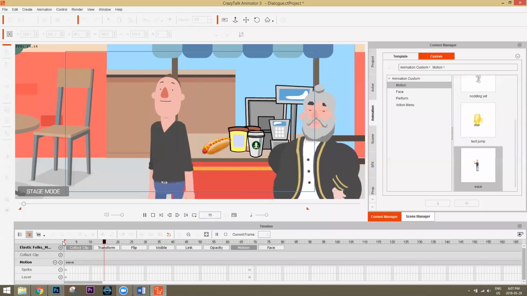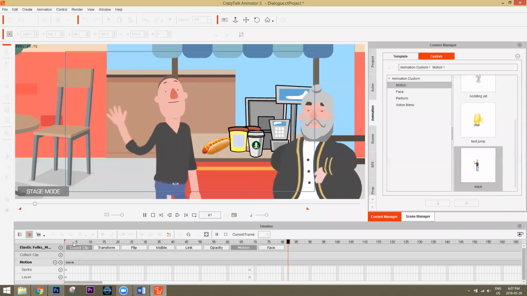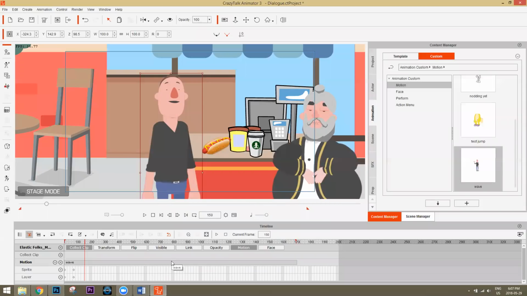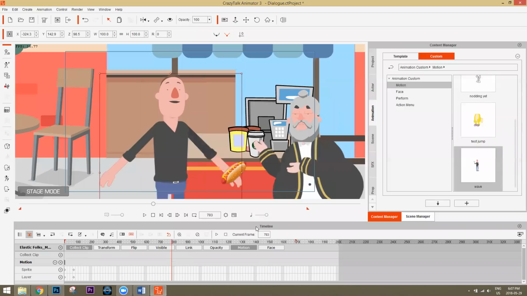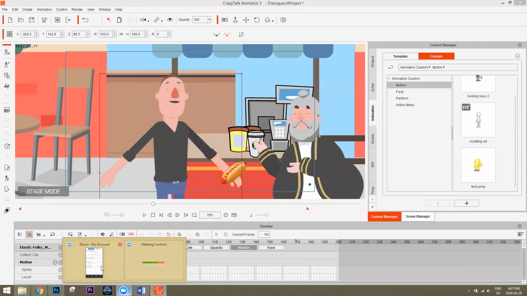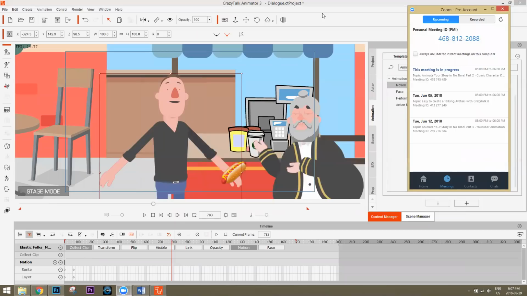So you can see here, all right, and that clip goes for the entire duration of the project, all right? So like I mentioned, if you want animation for the entire project, then that's a good way to go about it. All right, I'm just going to delete that, keep things clean. All right, so those are the two ways you can save your motions and your talking and all that stuff. All right, hopefully that answered your question there, Shafiq.